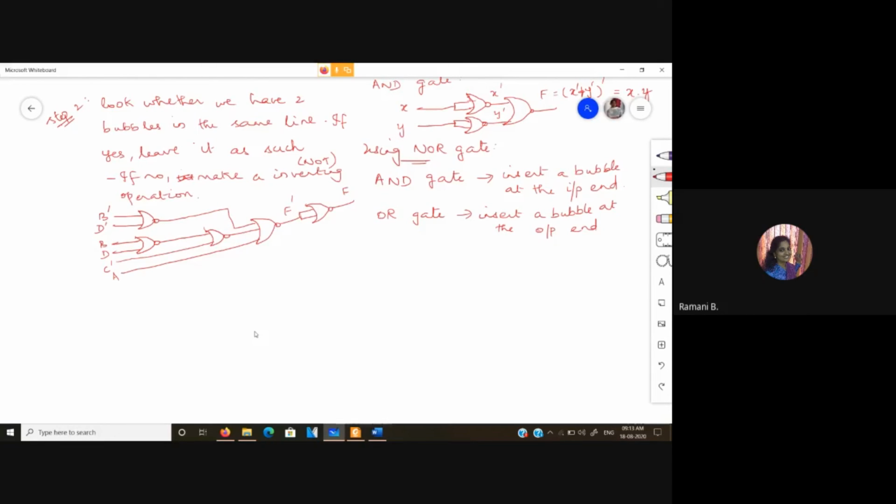expression as such. So here I am going to have b bar plus d bar the whole bar, which is nothing but b d. And here I will be having b plus d the whole bar, which is, did I make a mistake here? Yes. This is b bar d bar.